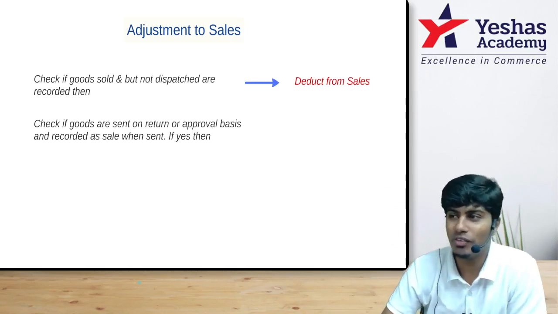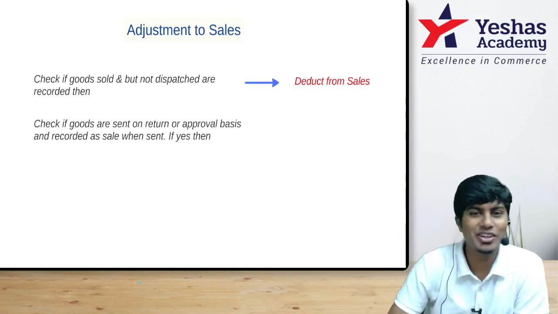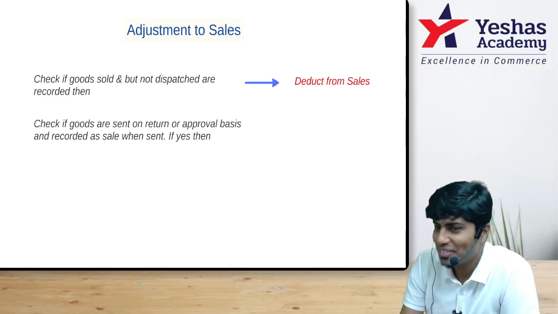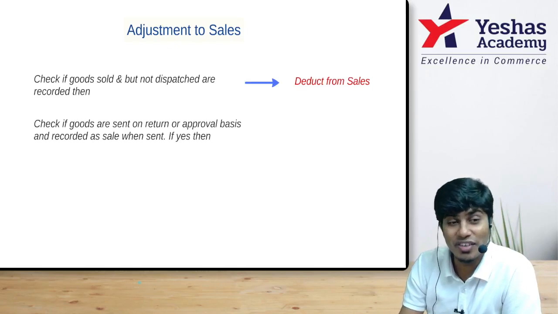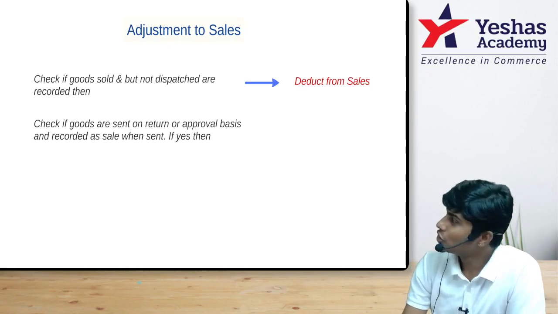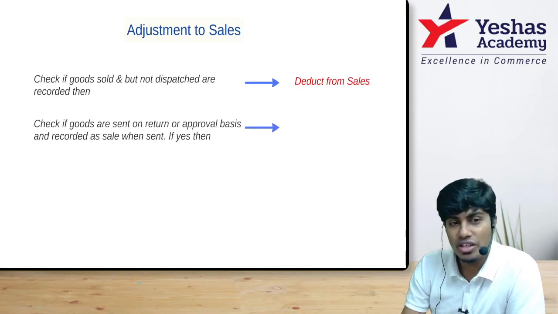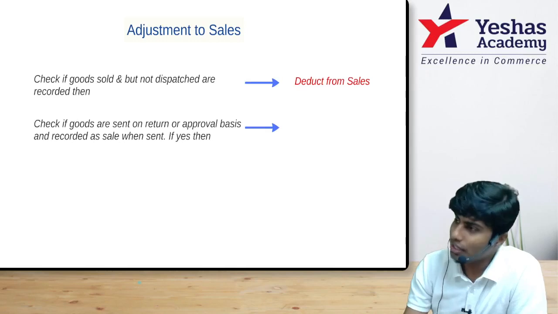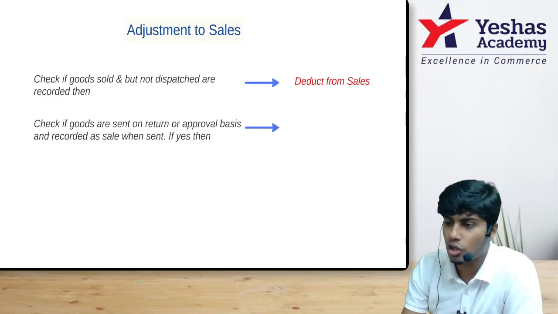Tonight in your dreams, only one statement should come: we are not trying to find profit. We are trying to find the value of the inventory in the godown, not inventory that we own. So this should not be included in sales. If they've included it in sales, it should not be included in sales according to accounting. Over here, this should be included in sales. It should not be included in closing stock.